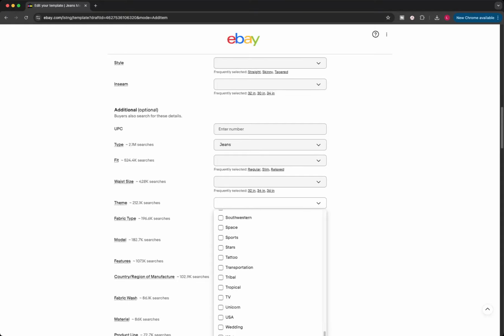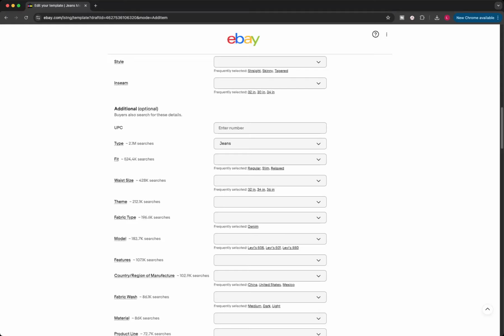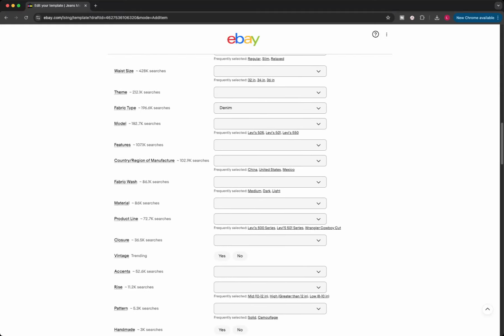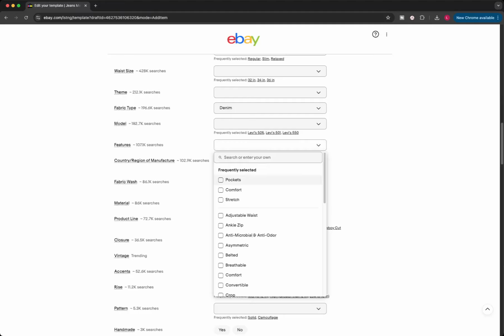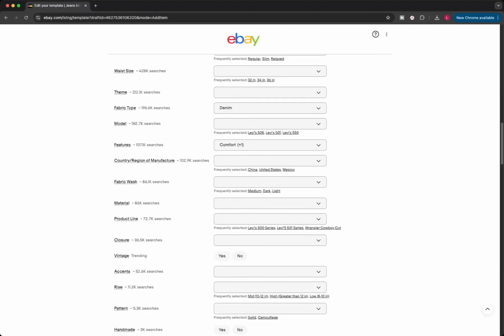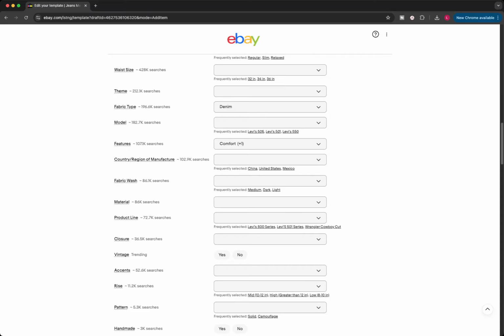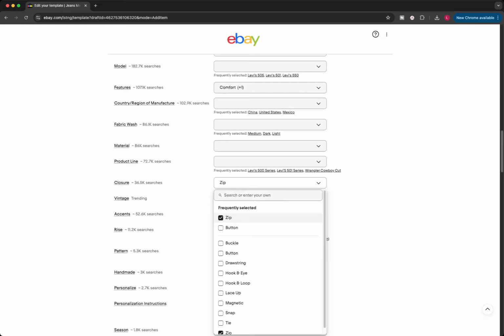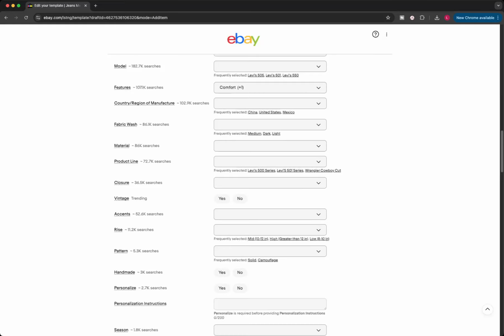For jeans, though, I really don't fill out a lot of theme stuff. Fabric, denim, so that's something I can click off. Features, pockets, comfort, well, all my jeans kind of. I'm not going to put stretch because some of them are all cotton. Closure, most of my jeans are zip, and I usually keep this on zip. And then I change it to button, but you also could leave it blank so you don't accidentally have zip